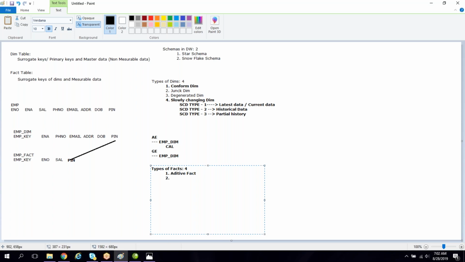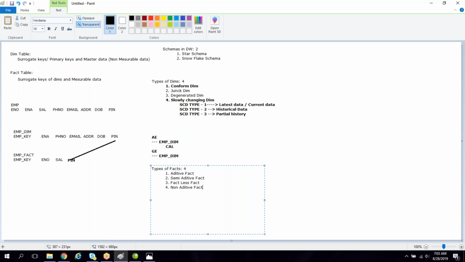Second, we have semi-additive fact, factless fact, and non-additive fact. Additive fact, semi-additive fact, factless fact, and non-additive fact.